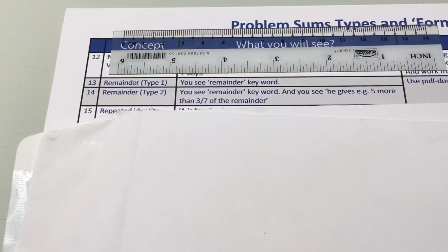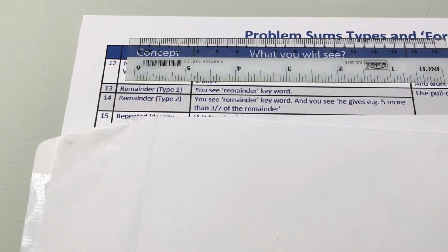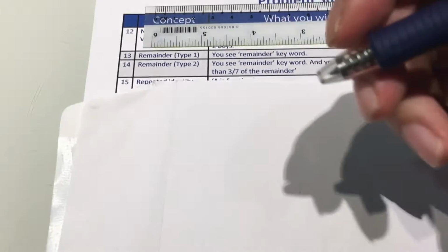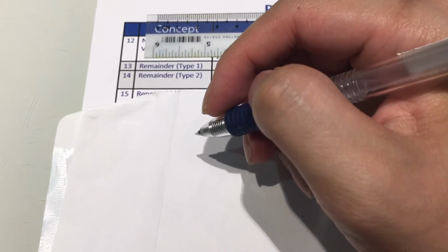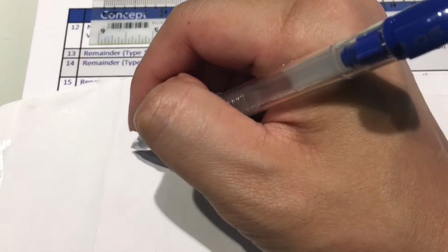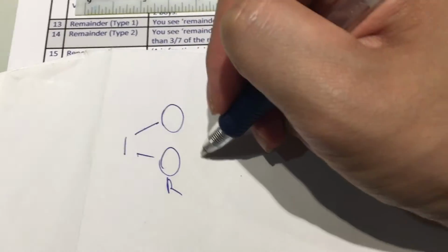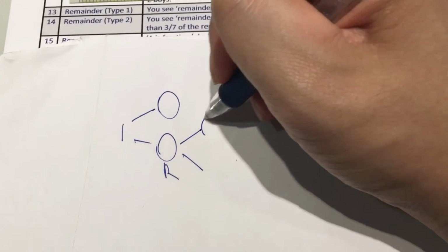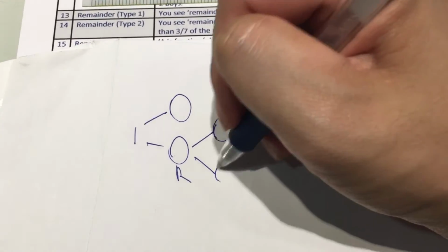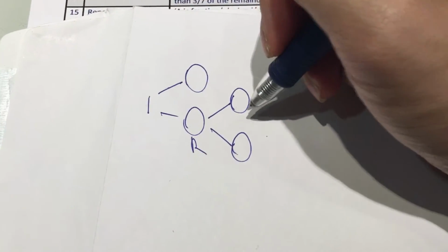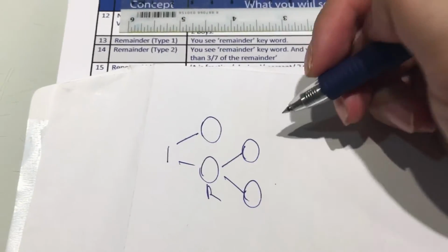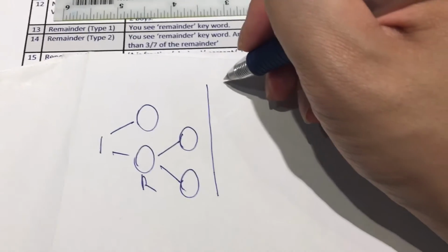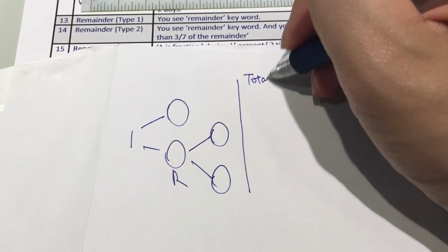So when you see a question testing you on the remainder concept, in your mind you should be expecting yourself to use either branching. Branching will be like that. There'll be a fraction here and a fraction here, and this is the remainder, and then another, and then branch out again, and this fraction added to this fraction will give you one whole. If you want to further expand on this, you have this column called total fraction.